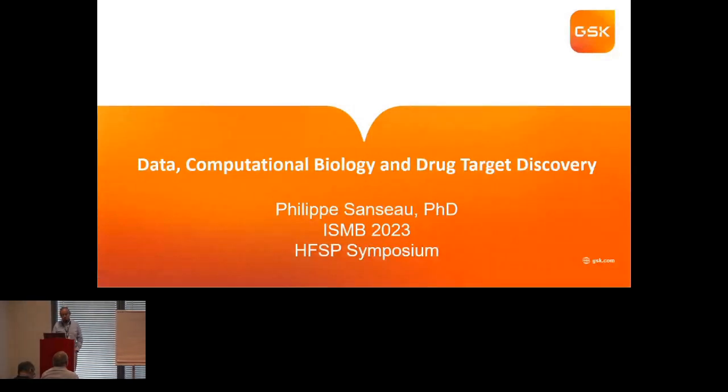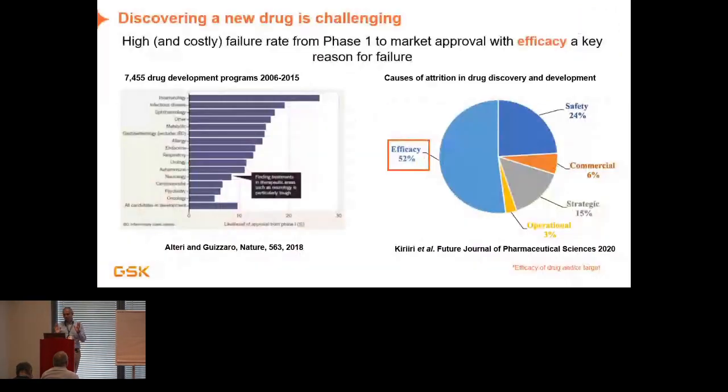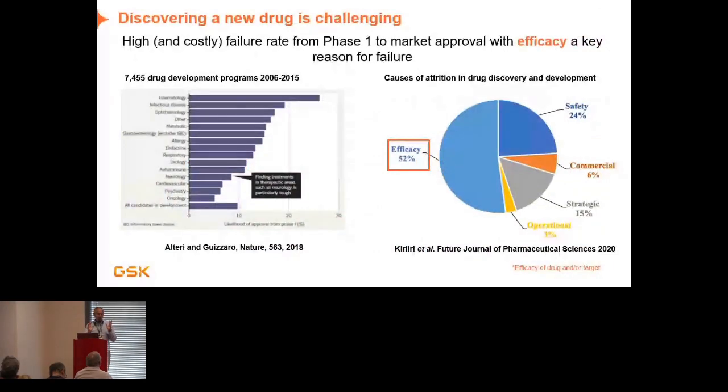First, I just want to set the scene. If you want to fail, basically, don't work in the pharmaceutical industry, I guess. The issue we have is we start a lot of projects. An example analysis over 10 years shows how many are going to progress from what we call clinical phase 1 to the market, and basically it's less than 20% on average. It's a graveyard of projects.